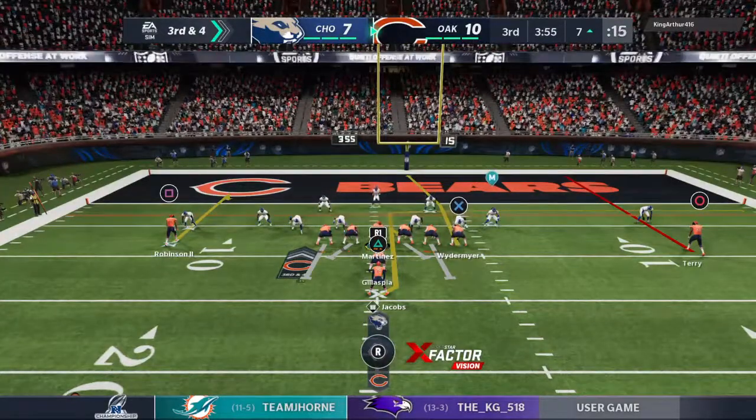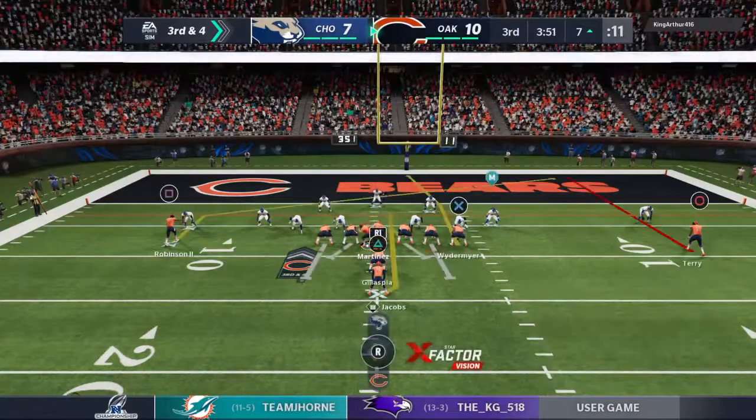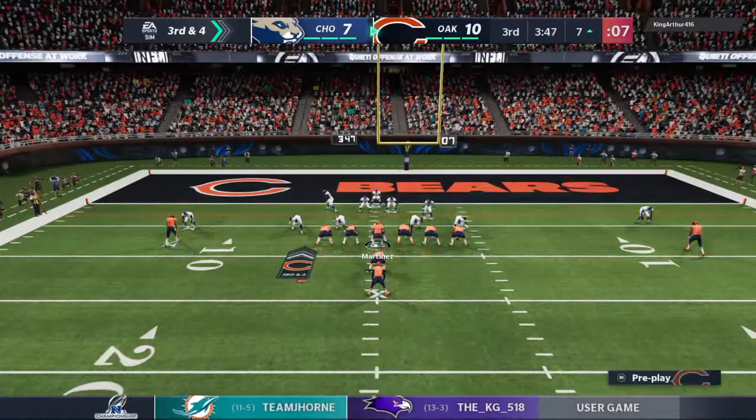48, Mike. Here we go, let's bring it. Let's go. Let's bring it. Mike, 48. Watch the flood, watch the